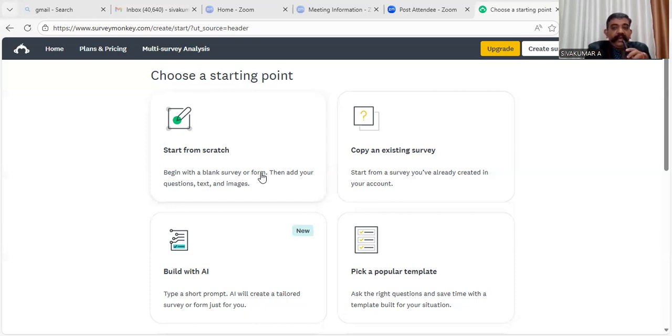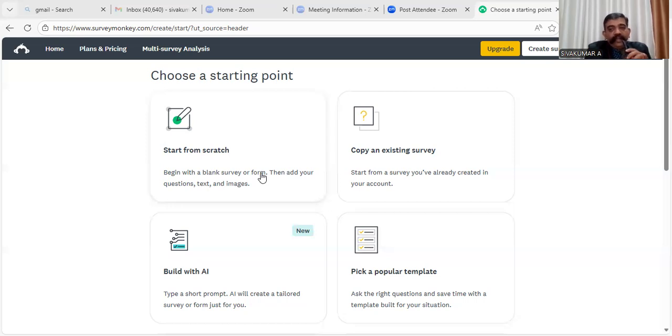Next, group discussion, video conferencing methods like Google Meet, Zoom. There are so many video conferencing tools available to you. Please use those video conferencing tools, group discussion tools, and collect the data. I think those are the most important online data collection tools available to you.